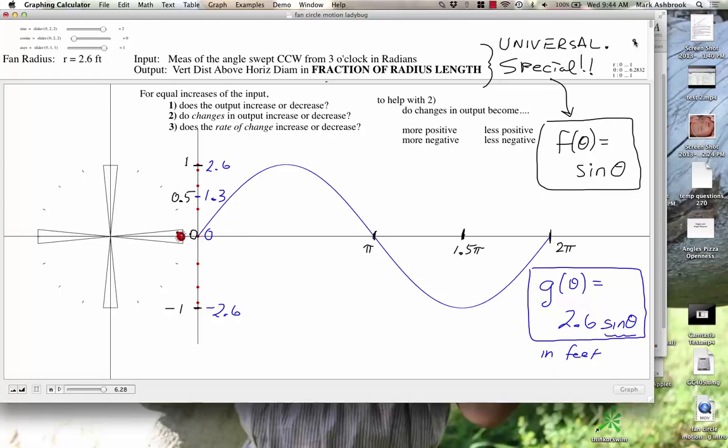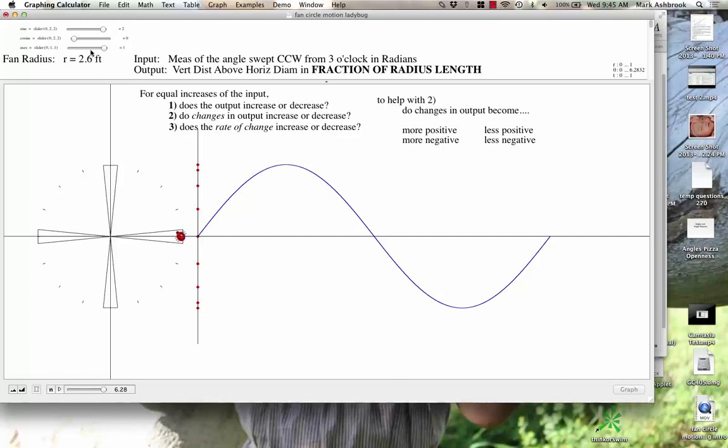So the key is that we know sine outputs a vertical distance above the horizontal diameter, in the unit of the fraction of the radius length that we are above or below, if it's negative. Therefore, given any radius, we want to take that fraction of the radius, so we're just going to multiply by 2.6, or by sine. Any questions? Okay, so now we want to look at